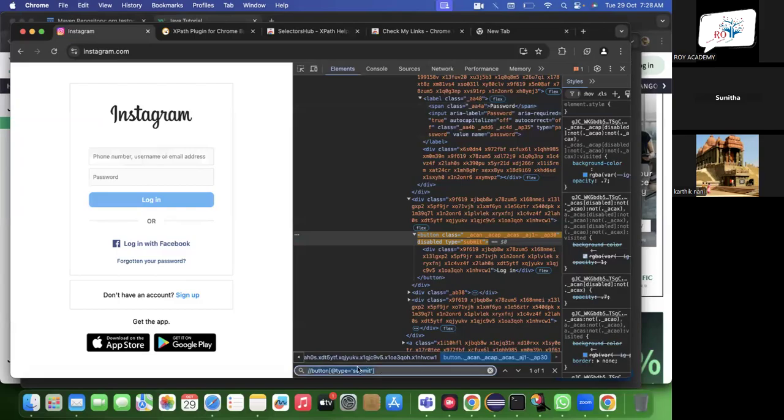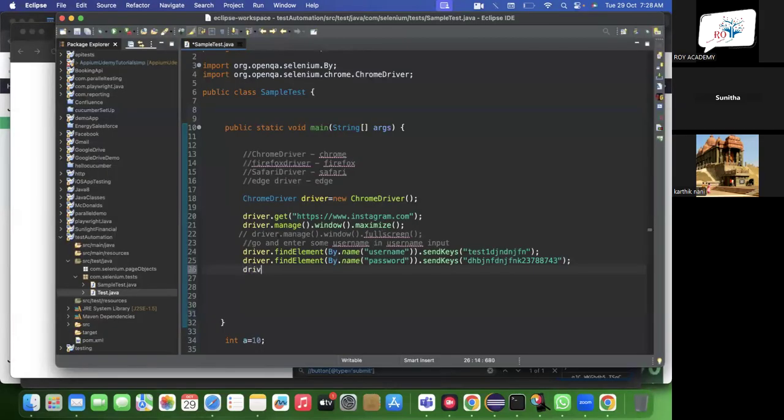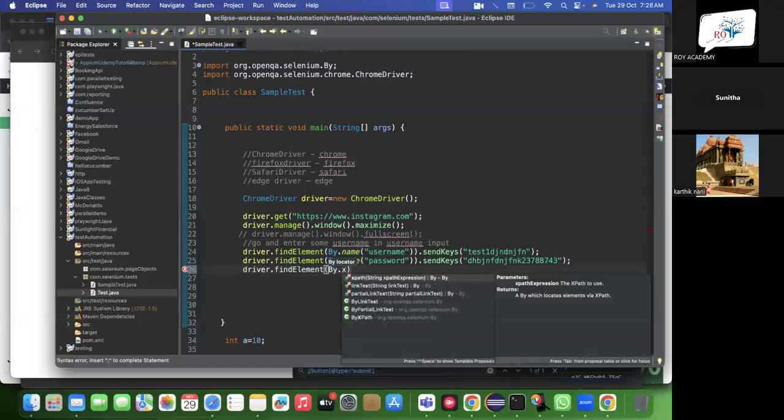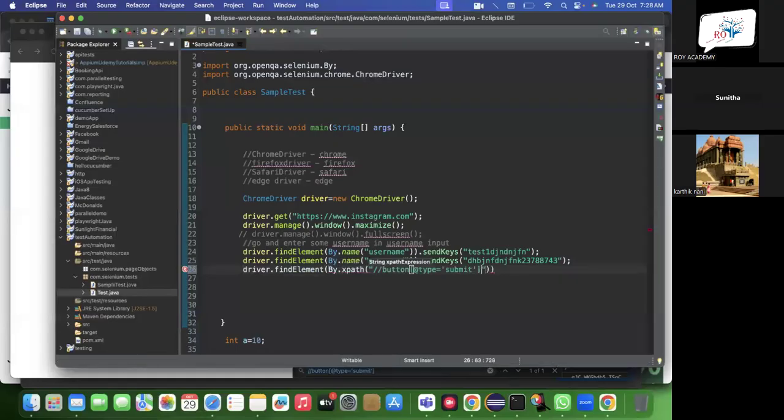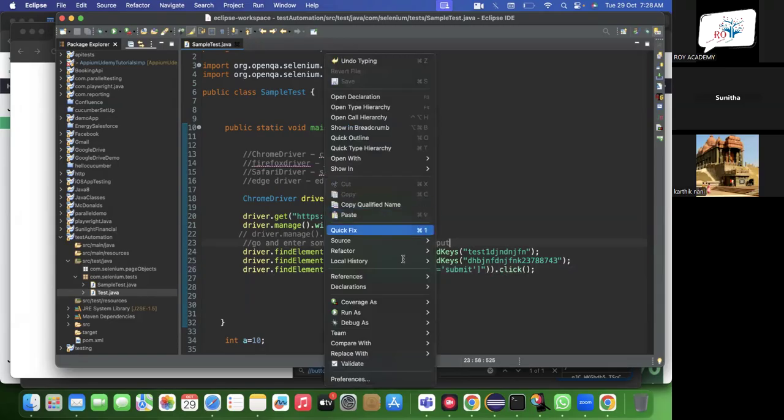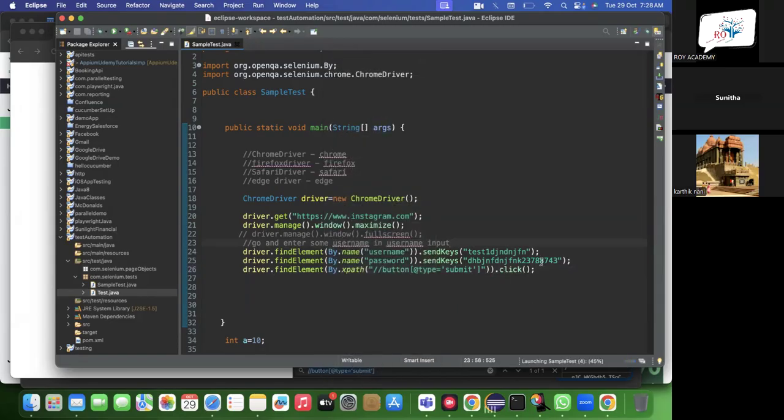Now I'll be copying this locator. I will go to my code. I will say driver, go and find the element with the locator strategy called XPath. You have to use the XPath locator strategy in this case. And then you can give your action. In this case, you want to click, right? So you can click it. Now when I right click and do run as Java application,